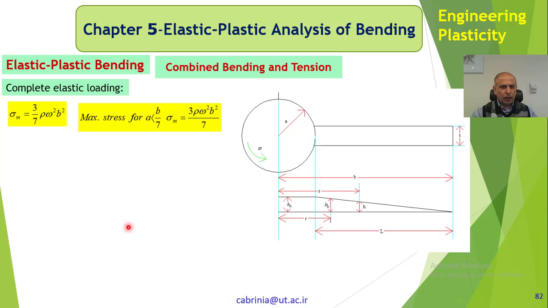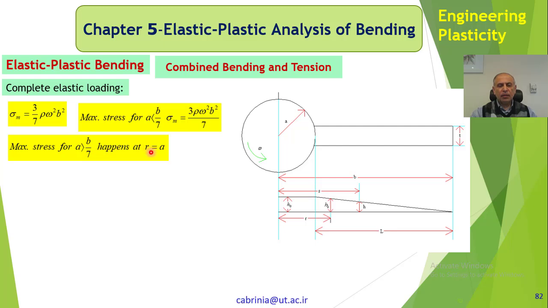Now, let's see. It says maximum stress for A smaller than b over 7. Now, if we have this disk and the radius of the disk is smaller than b over 7, because b is this total length, it includes L plus A. So if A is smaller than b over 7, then sigma m is this one, okay, because A is smaller than b over 7. But if A is bigger than b over 7, then